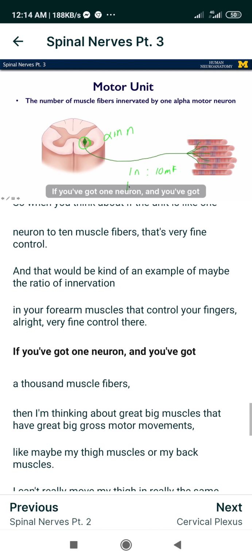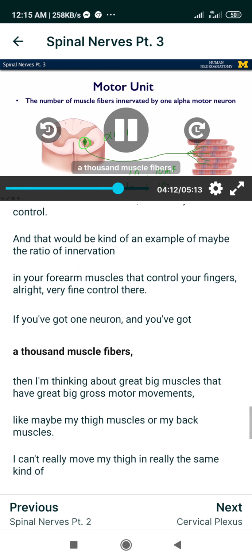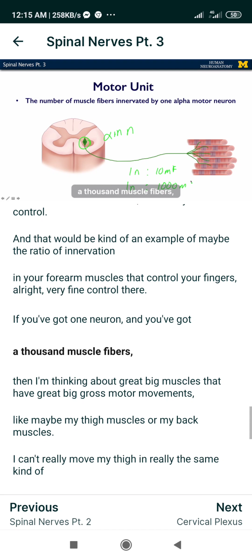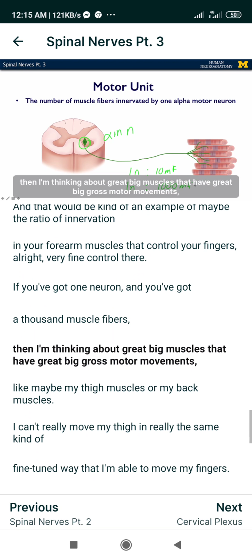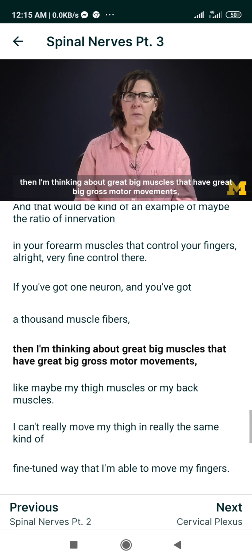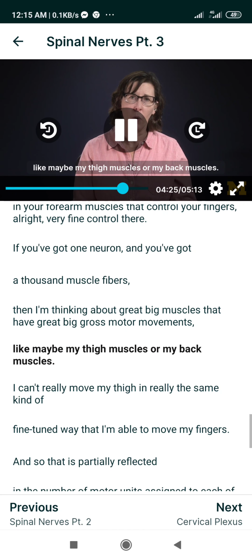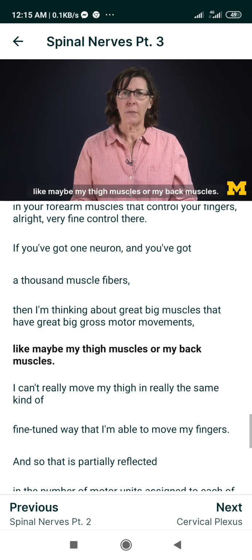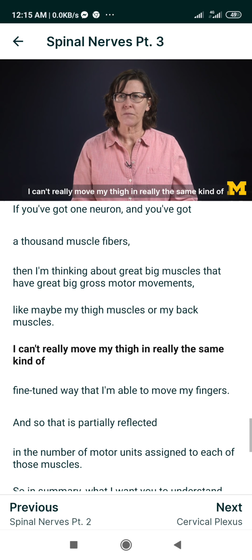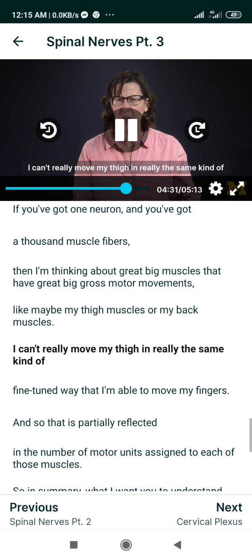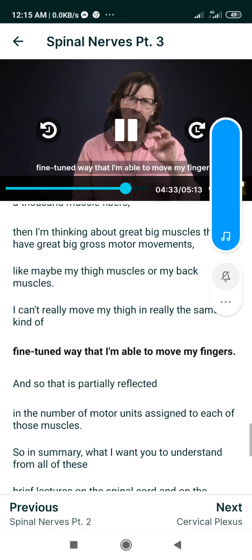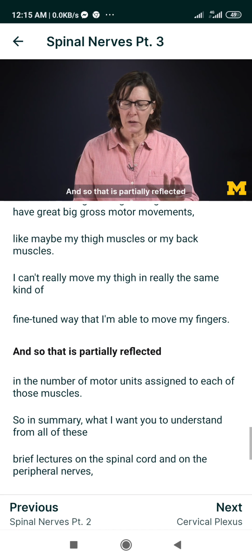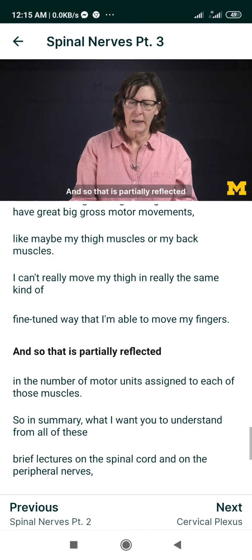If you've got one neuron and 1,000 muscle fibers, then I'm thinking about great big muscles that have great big gross motor movements, like maybe my thigh muscles or my back muscles. I can't really move my thigh in the same fine-tuned way that I'm able to move my fingers. And so that is partially reflected in the number of